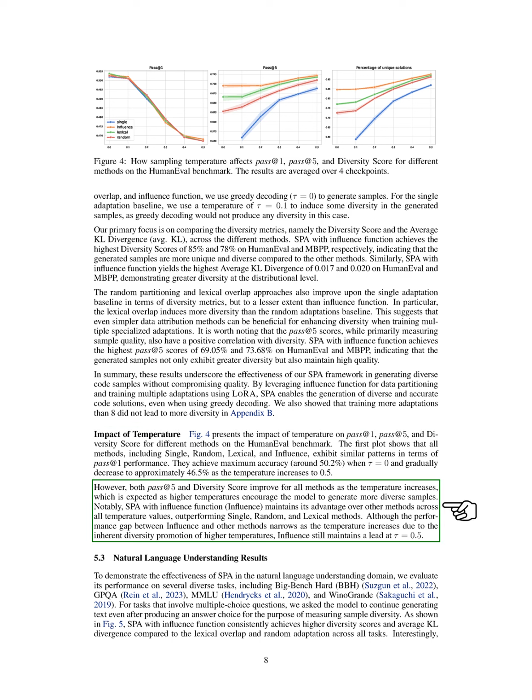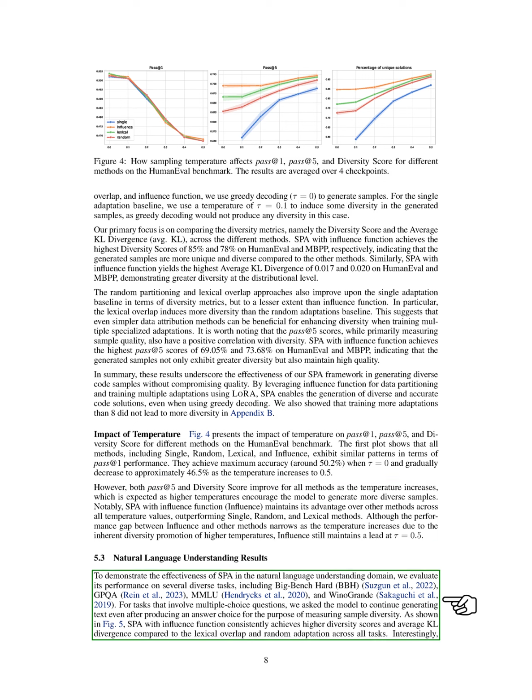Conversely, both pass@5 and diversity score improve with increasing temperature, which is expected since higher temperatures promote more diverse outputs. Notably, the SPA method using the influence function consistently outperforms the other methods across all temperature settings, although the performance gap narrows as temperature increases. Still, influence maintains its lead at a temperature of 0.5. Next,